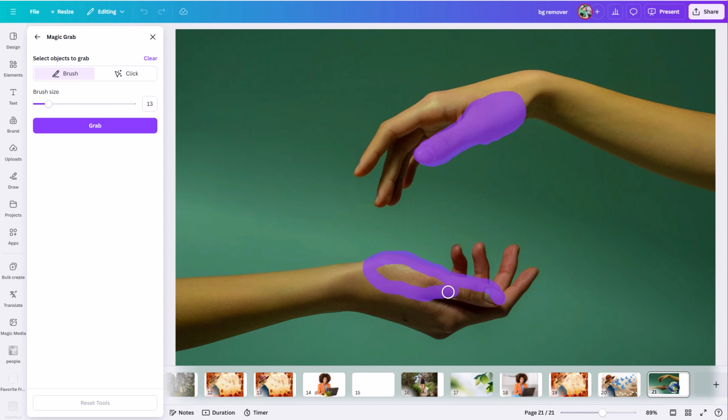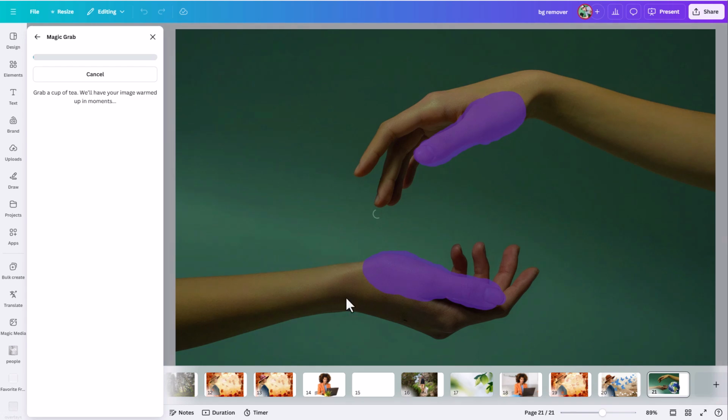And so what I'm doing with this is I'm attempting to move just the thumbs themselves onto a new layer and leave the rest of the hands on a layer below. So I'm going to go ahead and do something like that. Click grab. Now when you're asking it something like this, it's a little bit more complicated. It may take a little bit more time. And again, what matters is that you do have that edge contrast. So if these thumbs were just soft focused and blurred in with the background, it's not going to really work. But since they have enough contrast between the thumbs themselves and the background and the rest of the hands, I should be able to put them up